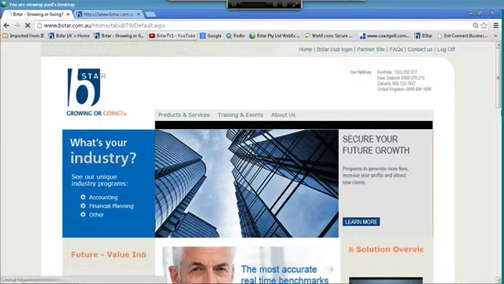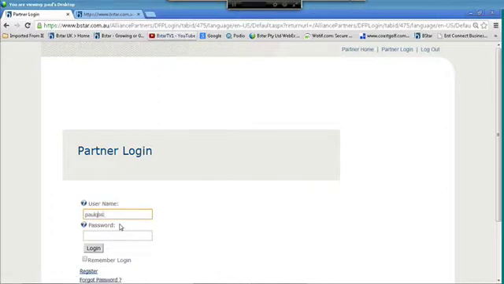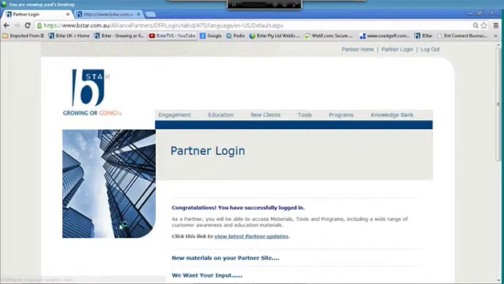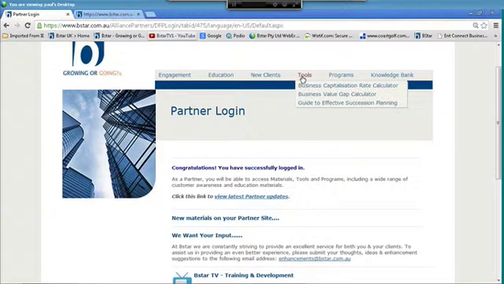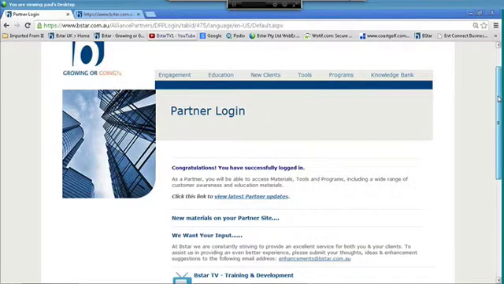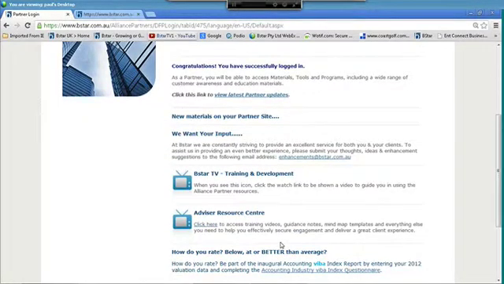So we go to the website, we sign in. That takes us to the partner login page. And then to go to the business cap rate calculator, we're going to go to the menu, go to tools, and then click on the calculator. Before I go there though, one of the things I do want to show you is the step-by-step guide to completing a valuation that's contained in the Advisor Resource Centre. So if we click on the Advisor Resource Centre here,